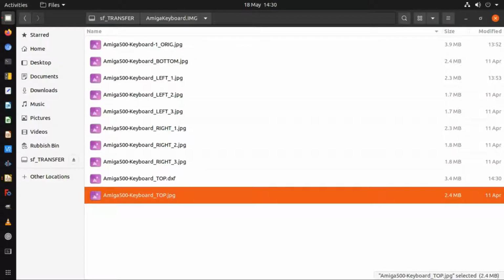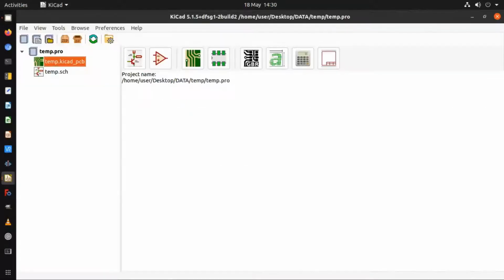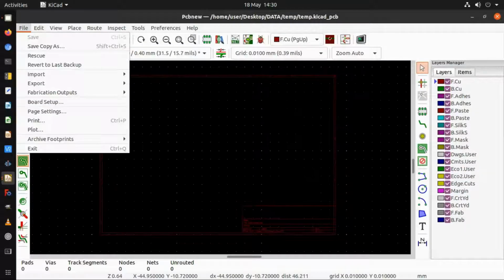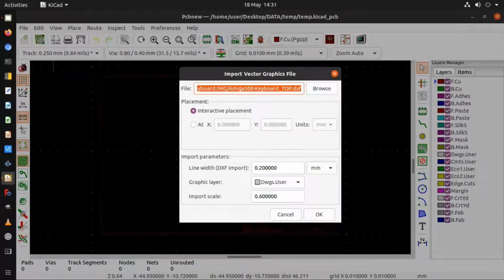So now I've got this DXF file here, and if I go to KiCad, I've opened up just a temporary project, and I've opened up a blank PCB. So go to File, Import, then Import Graphics, and then select the file that you want. It's already selected the file,